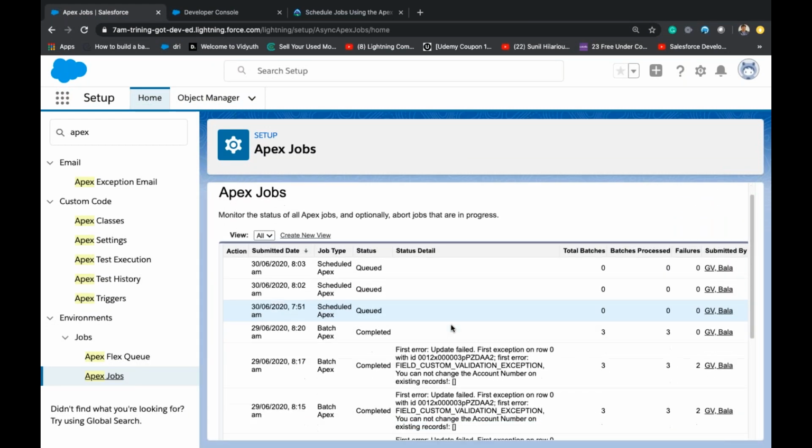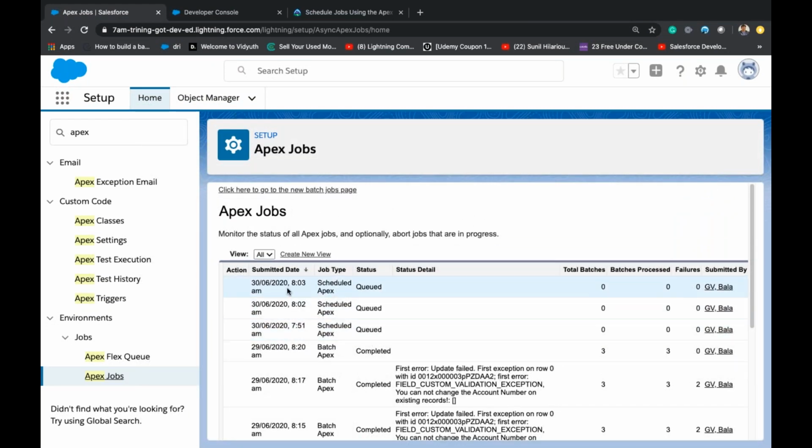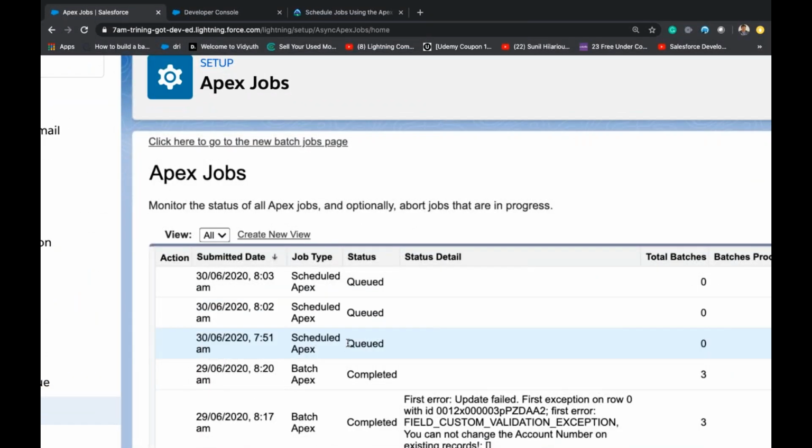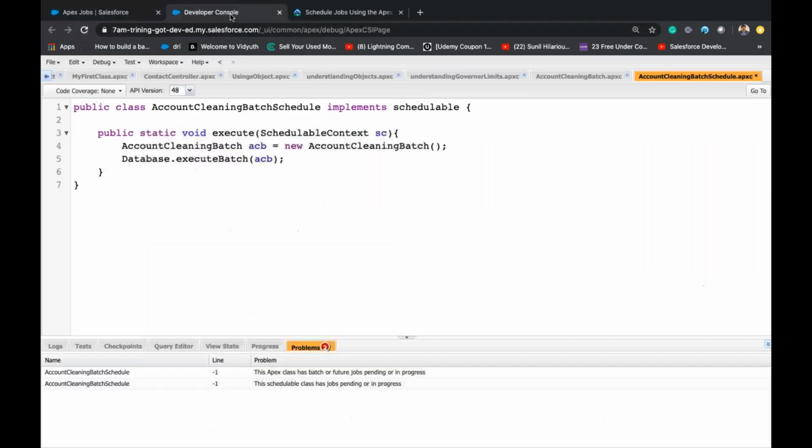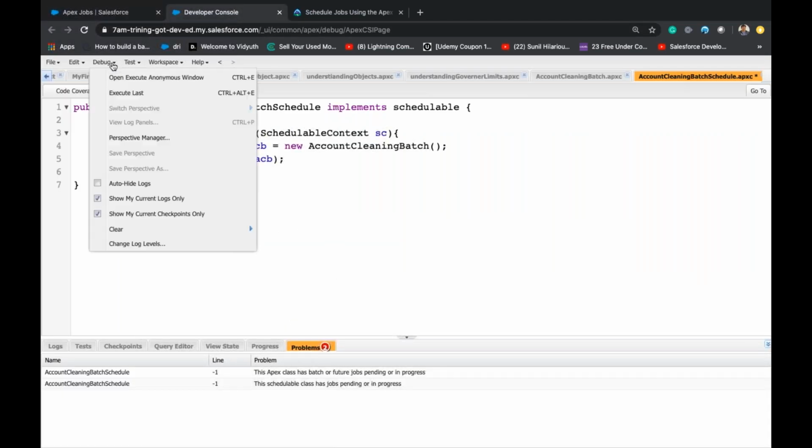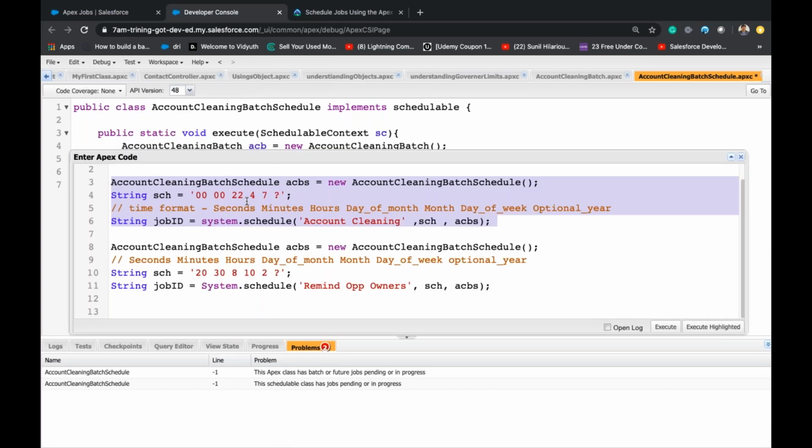But you have to find out where exactly we can remove, delete these queues. We have three queues, right? This one we did from setup. These two we queued using the developer anonymous window statements.